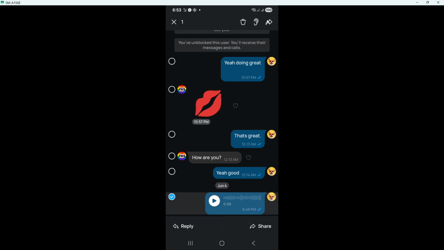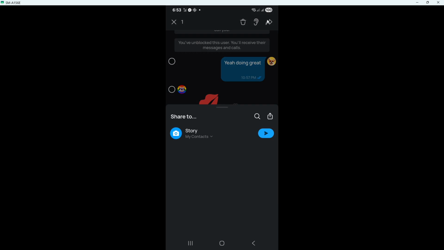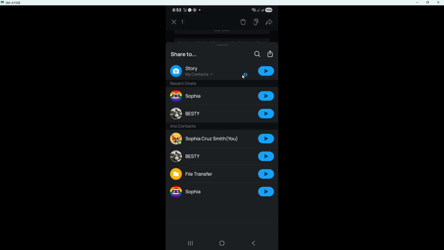Next, send the voice message to another chat, such as a chat with yourself if that option is available. The goal is simply to move the message into a place where you can quickly access it without scrolling through older conversations. After selecting the destination chat, confirm the forward so the message is sent.